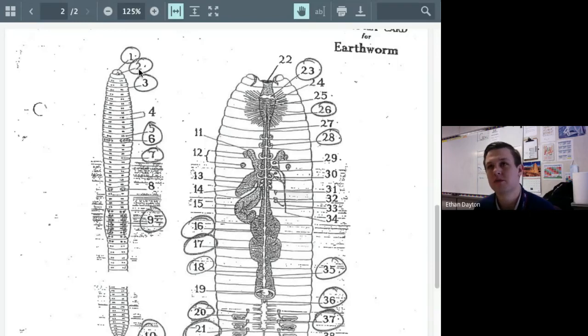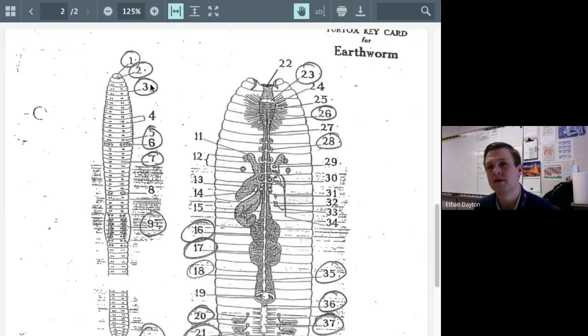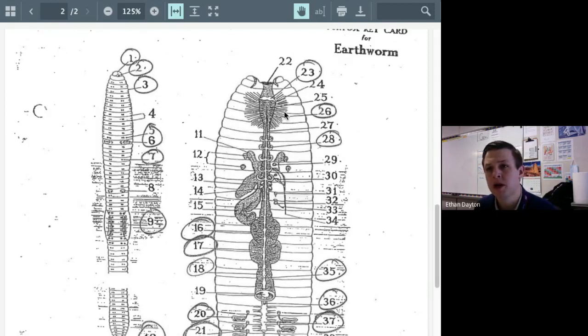Okay, Kira, so what's number 1? What's the name of that first segment? Serves as an upper lip. The prostomium. Yep, the prostomium, okay? So first segment, that's easy. It's where you would think the mouth would be, and you would be correct because number 2 is the mouth, okay? The mouth is right here. The prostomium kind of serves as like an upper lip. It's a covering, but it's the first segment of the earthworm, known as the prostomium.